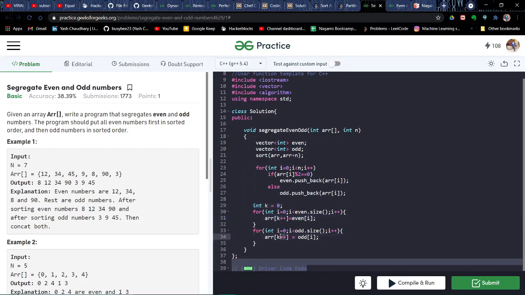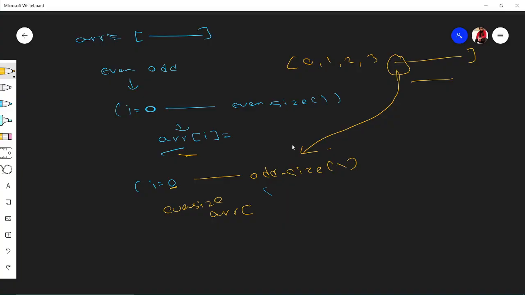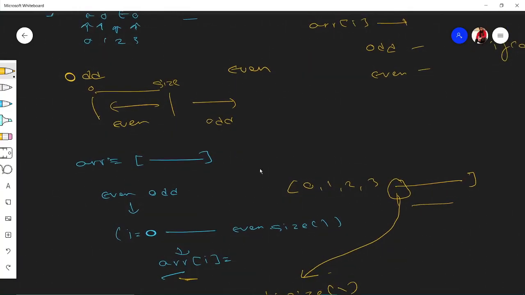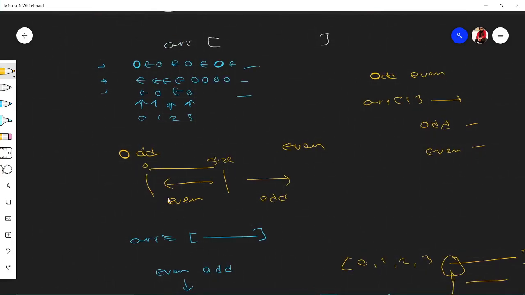So this will start from array of 5, it will fill in the array of 5, not array of 0 or array of anything. This counter is for printing our odd vector. Yeah, this counter is for the odd vector. Here also this i counter is for the odd vector, because this even thing also needs to be filled.